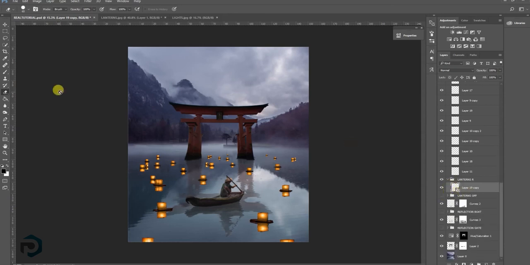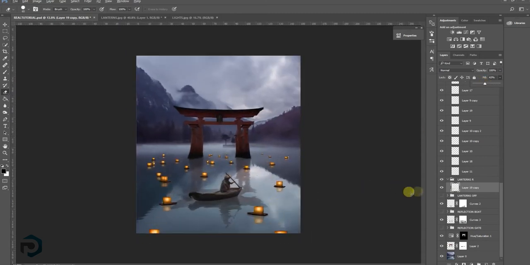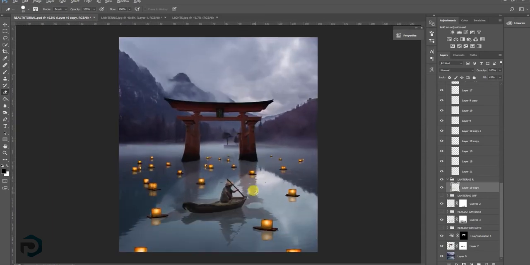But now we have a smart object here, and we can take the fill off a bit, because reflections are always not that strong. So let's make the reflections like this, and now they look amazing, as you can see. So now we have all of our basic elements here